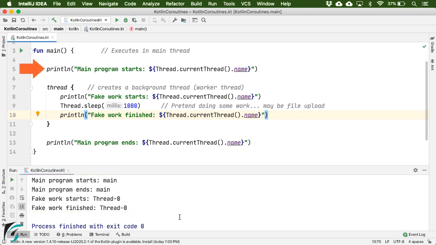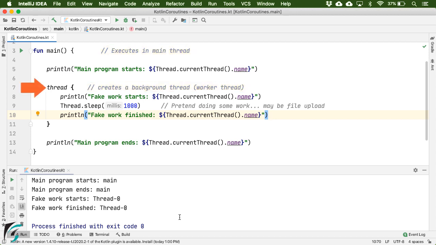So this statement, which is the print statement over here, first produces this output. And then in sequence, when this thread lambda expression was executed, it launches a new thread in the background to do these works. So this background thread did not block the code of the main thread, which also means that now these two threads are running in parallel.